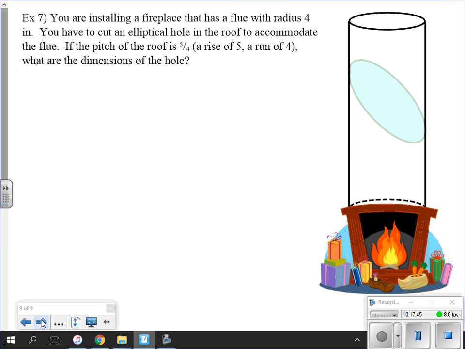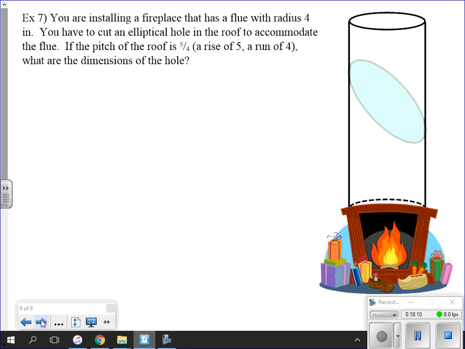Okay, uno más. You're installing a fireplace in your house. It has a flue with a radius of 4 inches. You have to cut an elliptical hole in the roof to accommodate the flue. If the pitch of the roof is 5/4, a rise of 5, a run of 4, what are the dimensions